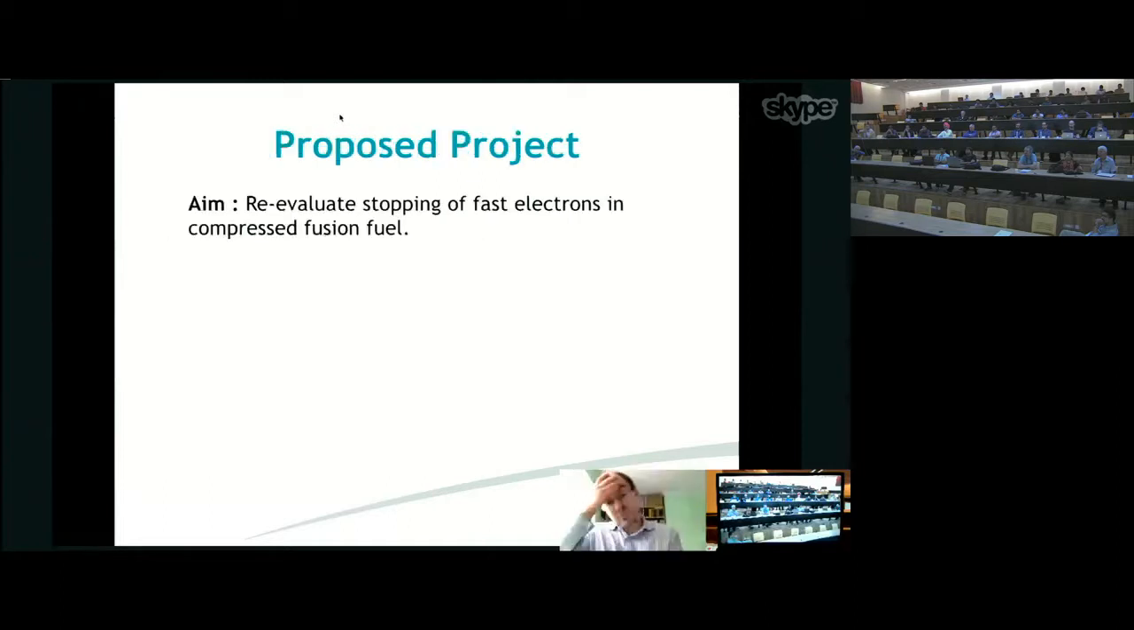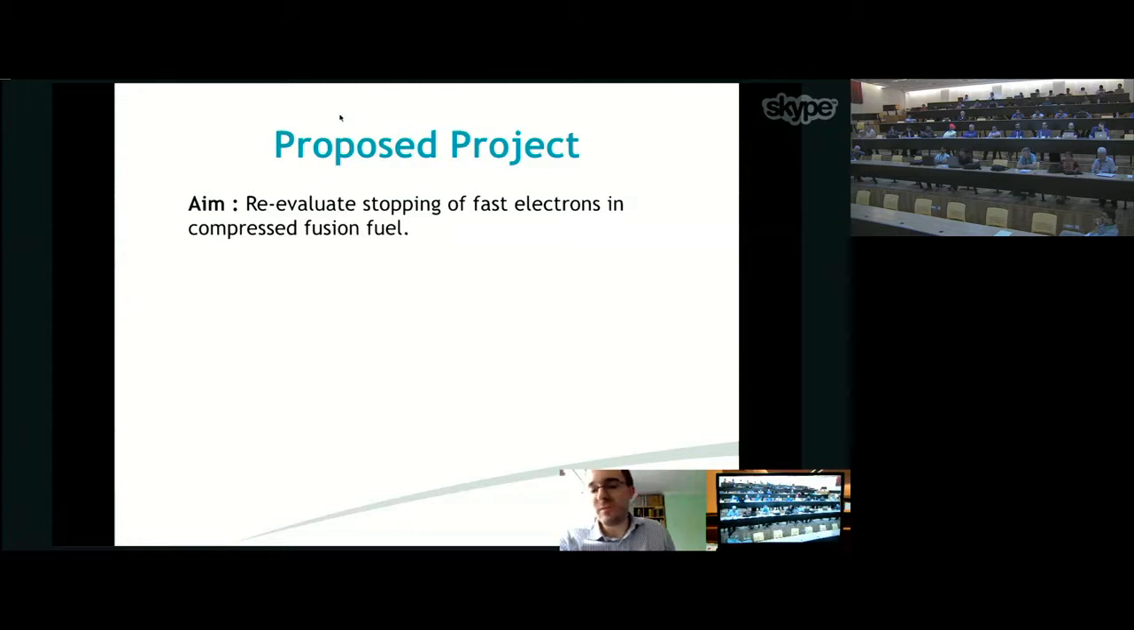So in terms of the project I was proposing, it was to look at stopping of fast electrons in compressed fusion fuel. This is a really important topic. A while back there was a very big focus on how you tackle the problem of fast electron divergence in fast ignition, and after a while people began to realize that there might be solutions to that problem. So certainly around 2013, I think the general feeling was that this was an issue you could solve. But there was another problem beyond this,